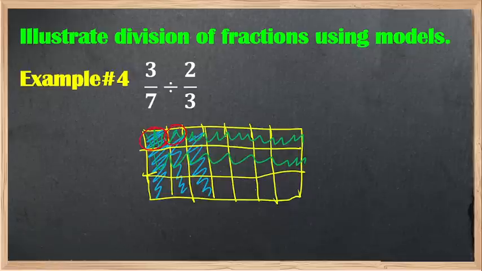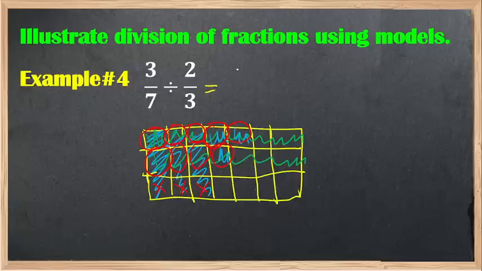We have 1, 2, 3, 4, 5, 6. But as you can see, we're going to remove these 3 blue double shaded regions and transfer them to the other side to make the 3 parts double shaded region. Now, this part is a double shaded region and this part is not shaded now. Therefore, we have the new double shaded region. Okay, now let's count the double shaded region. We have 1, 2, 3, 4, 5, 6, 7, 8, 9. So we have 9 double shaded regions.